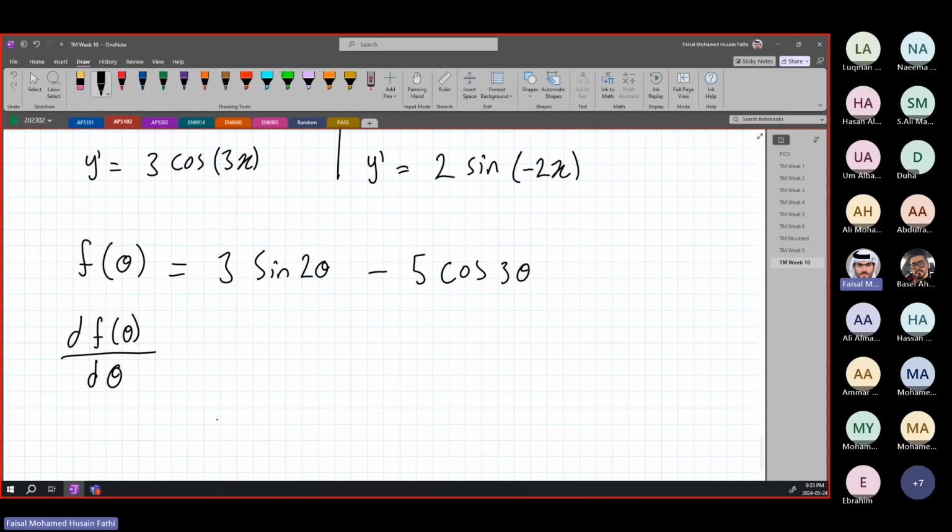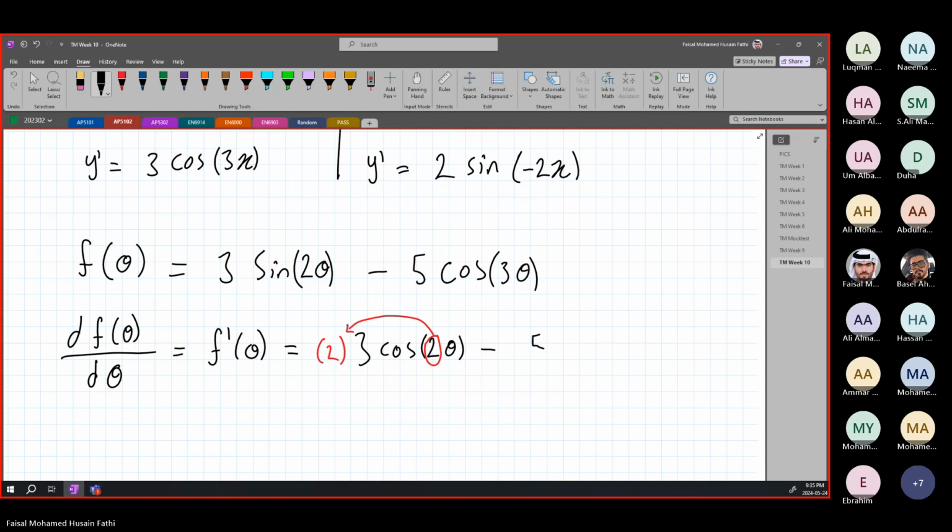This is just extra information for you guys to know, or you can simply just say f prime of theta is going to be equal to. So again, 3 sine 2 theta is going to become cosine, so 3 cosine 2 theta, nothing will change here, all right? But what will change is the 2 inside. You're going to be multiplying it outside as well. All right, minus